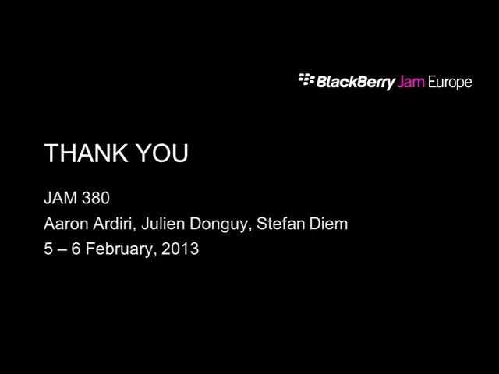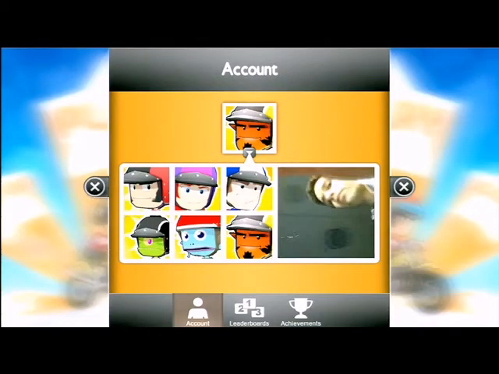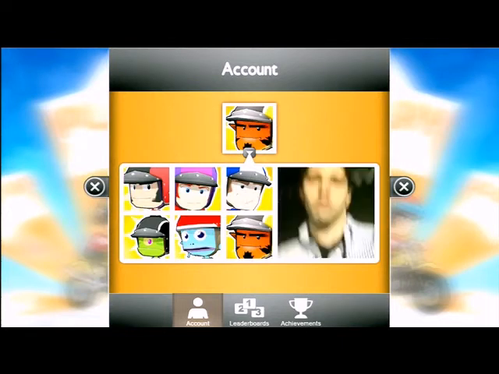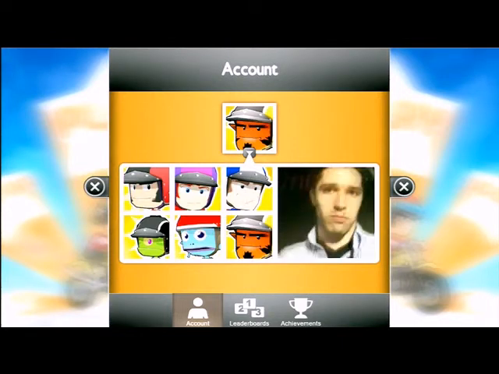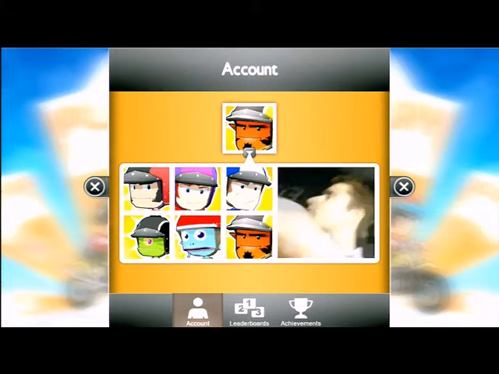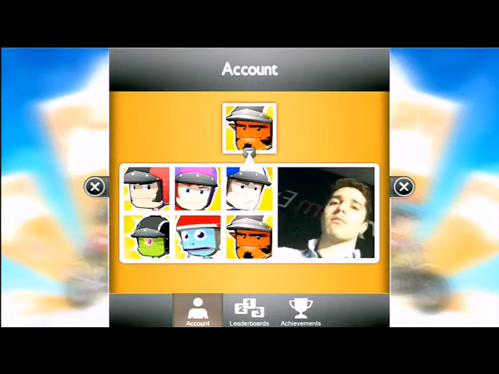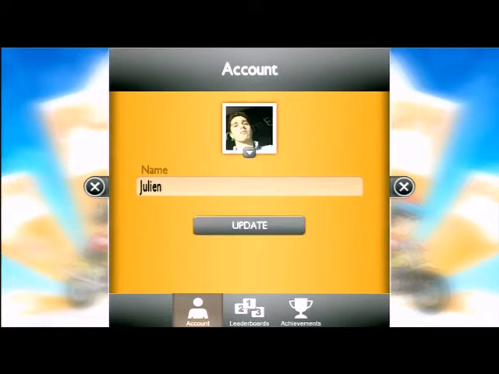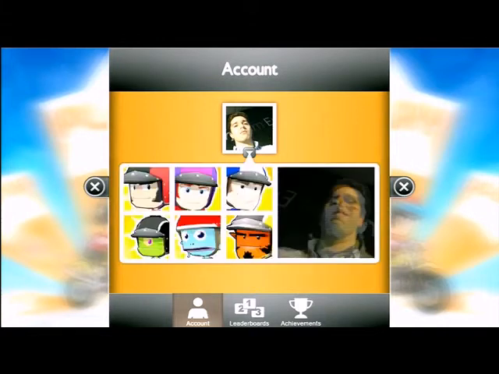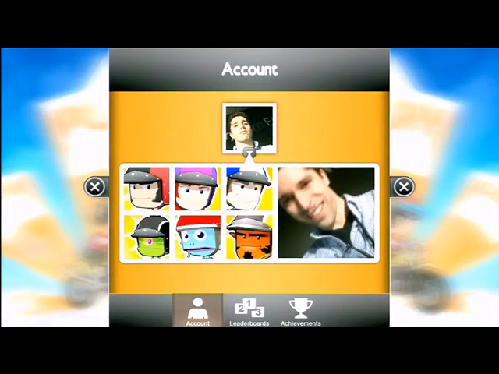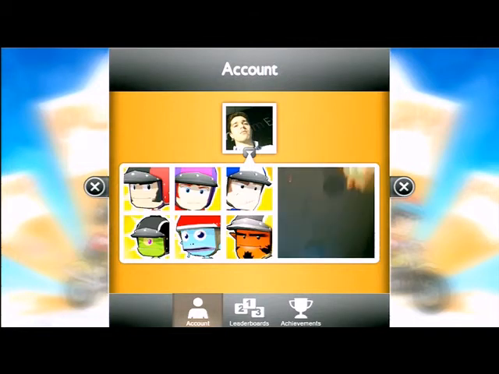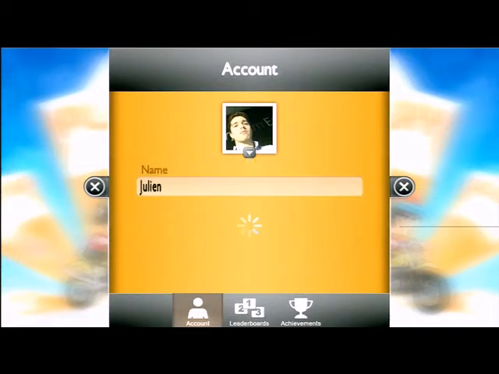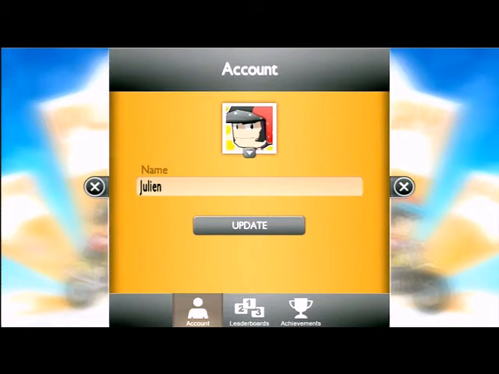So what he's done here is, see, we have the camera as well. So you can take a photo of yourself and use it. I don't know exactly how much low-level interaction you can get with the camera, but you can request a camera view. There are great APIs for accessing these types of things, and obviously the developer has taken advantage of the ability to define your own avatars. But it's very easy to support.